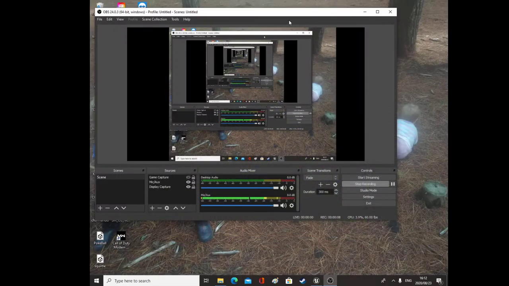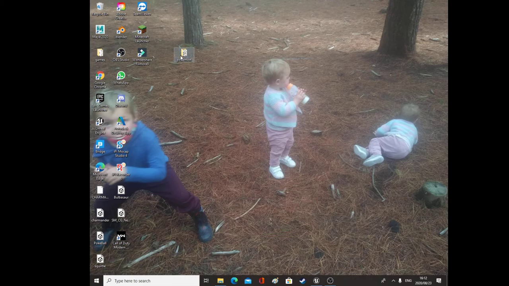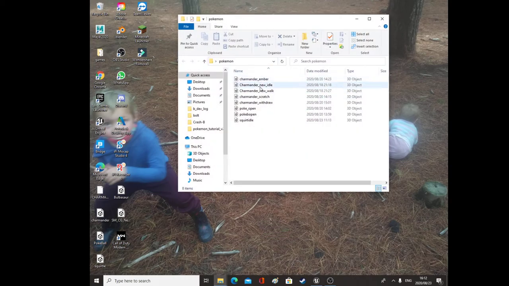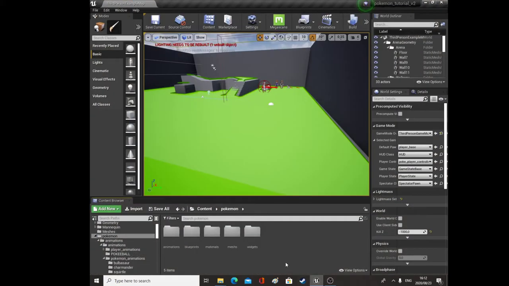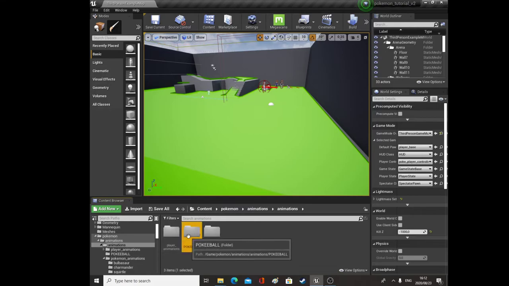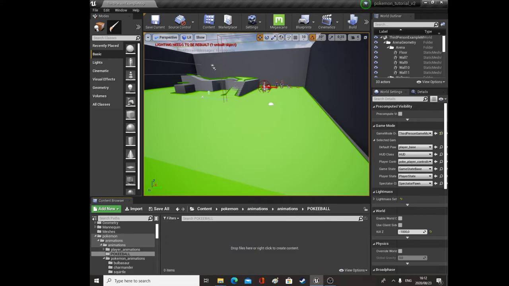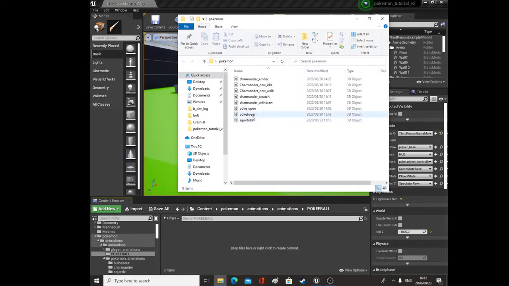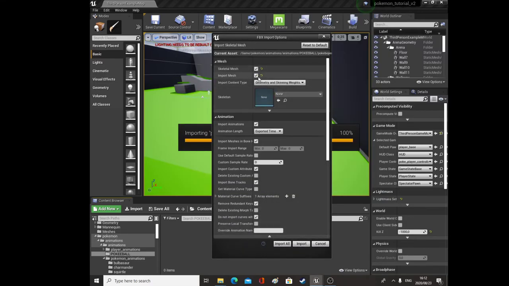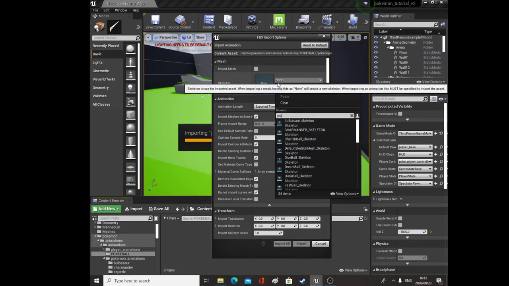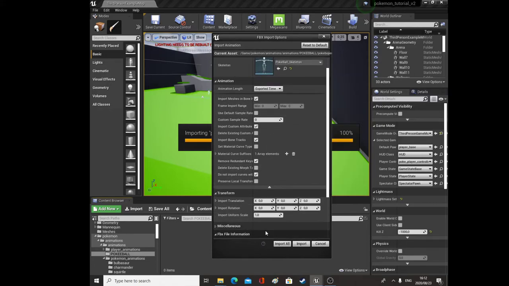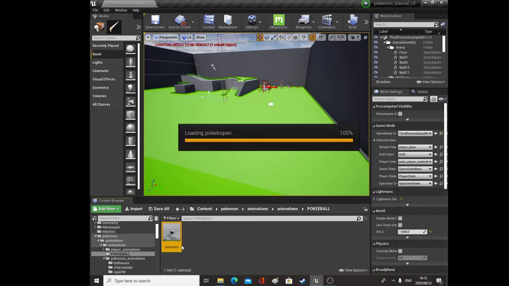It contains a folder. You can go ahead and extract that folder and it will be called Pokemon, and there'll be some animations in there. Then we'll go to the animations folder and create a new folder called Pokeball. Then we'll go to this Pokeball open and drag it in, and we won't import the mesh, and we'll set it to the Pokeball skeleton, and make sure your uniform scale is on 1, and import, and we can open this up,